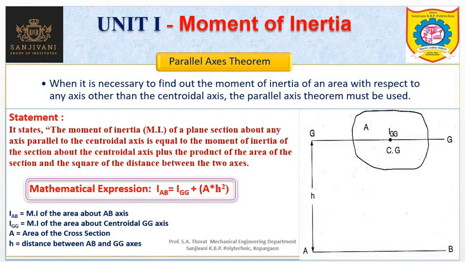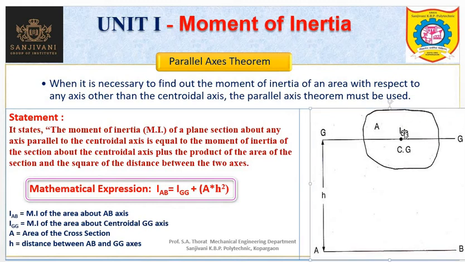Now we will understand this statement with the help of this diagram. The moment of inertia of a plane section about any axis parallel to the centroidal axis. If you see this diagram, AB is the axis which is parallel to the centroidal axis. GG is the centroidal axis and AB is parallel to it. We want to calculate the moment of inertia about this parallel axis AB, that is IAB, which is equal to the moment of inertia of the section about the centroidal axis, that is IGG,